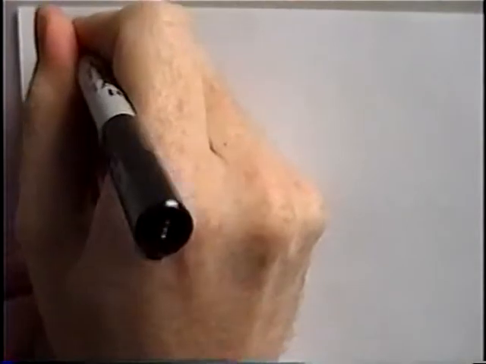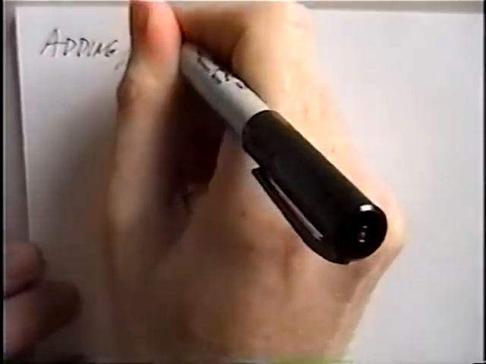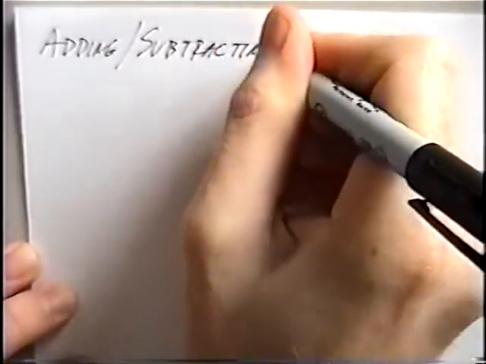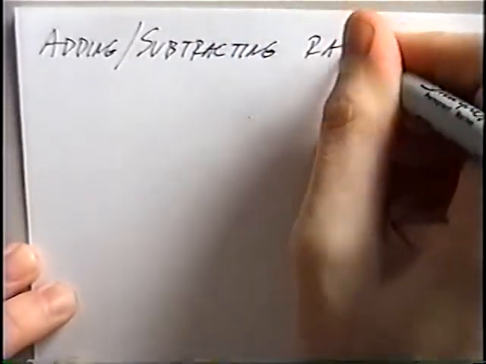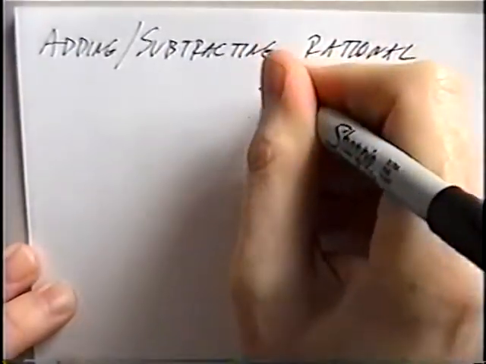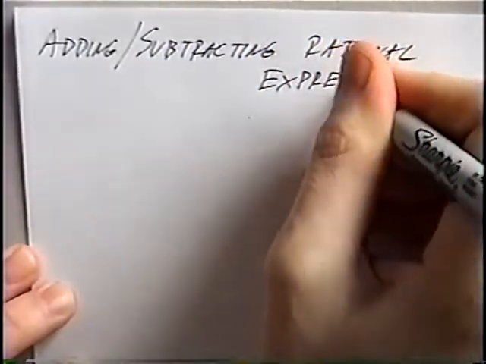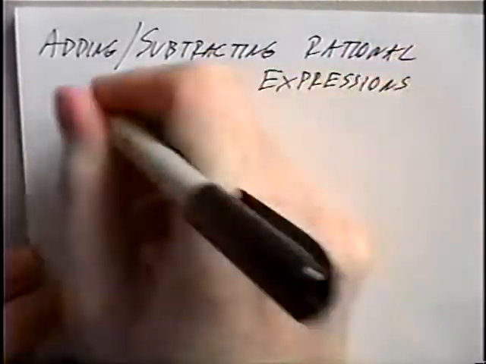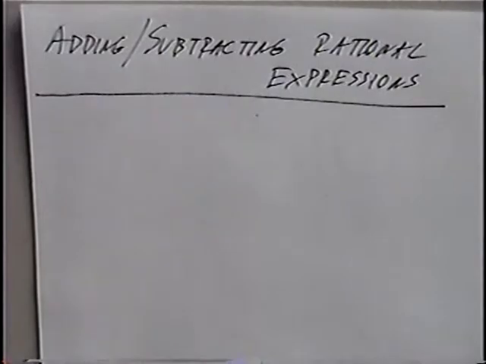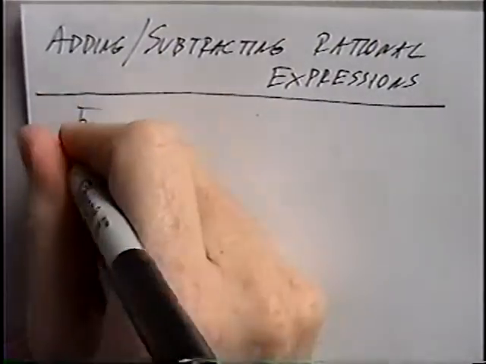First section of notes today is titled Adding, Subtracting, Rational Expressions. The first problem is 5 over ab